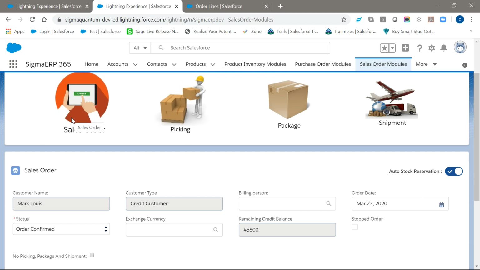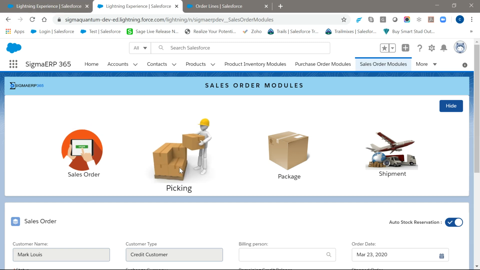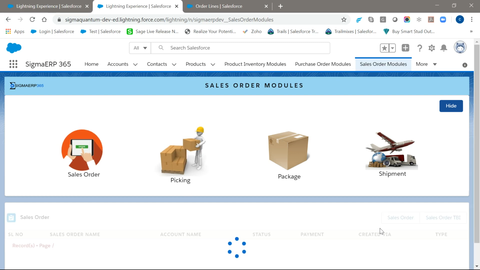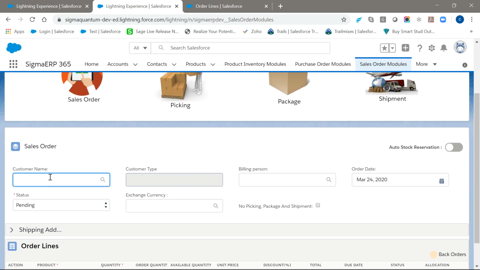But in this particular video, since I've not shown how to place a sales order, I'll be realigning the demo in terms of that. So we will have a new sales order created, but it can always be connected with the previous flow which we have seen in the other video. I'll place a new sales order here, and then we can look at two different types of picking the Sigma ERP application supports.